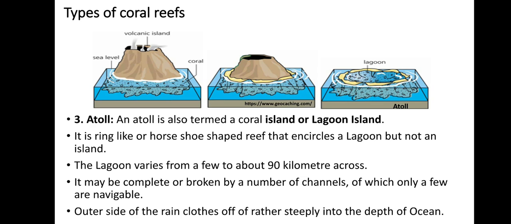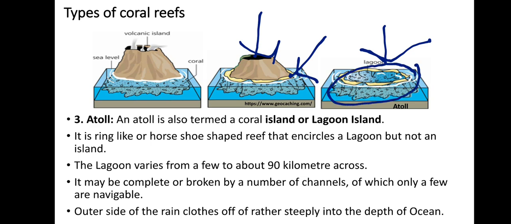In the second case, here you see the reef is moving away, rather the island is sinking. Okay, it is sinking. So gap between the reef and the island is increasing. And in this case, island is totally submerged. So what is only left? Only the reef is left. No island in the center. That means this is only a water body now. Okay, so such a reef is called as atoll.